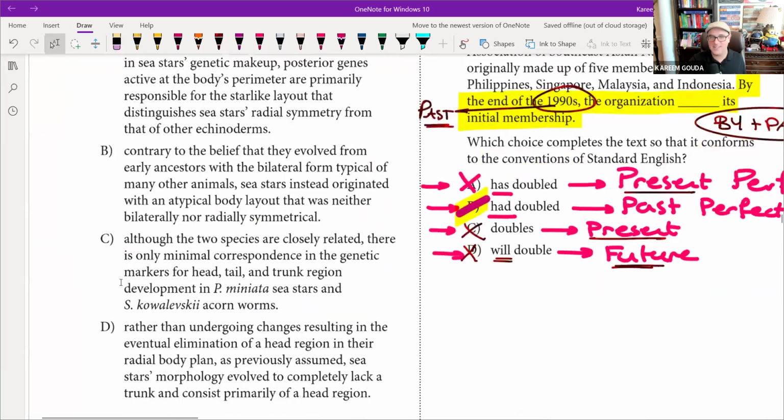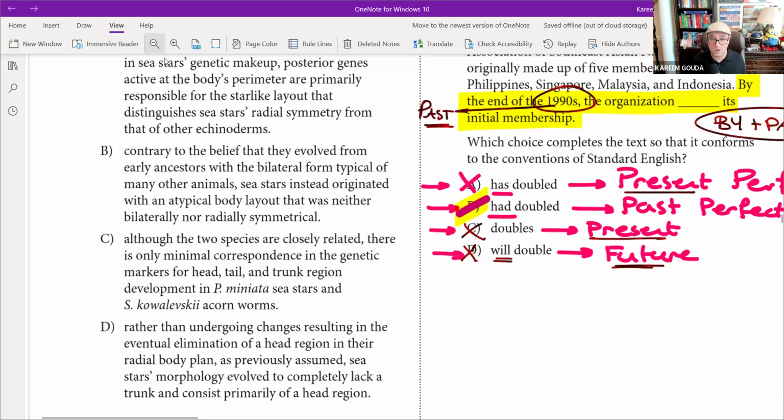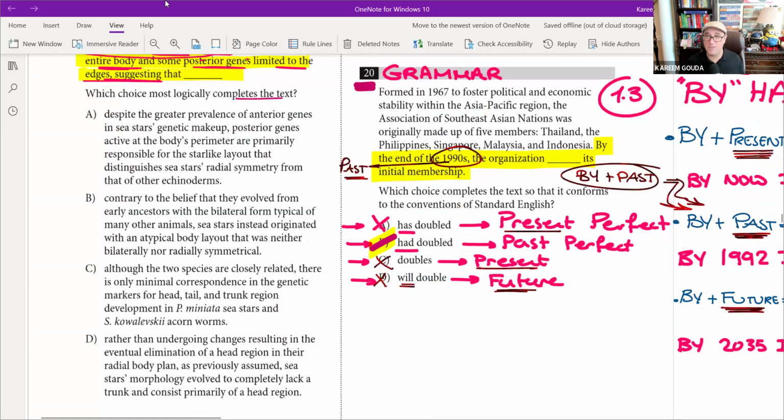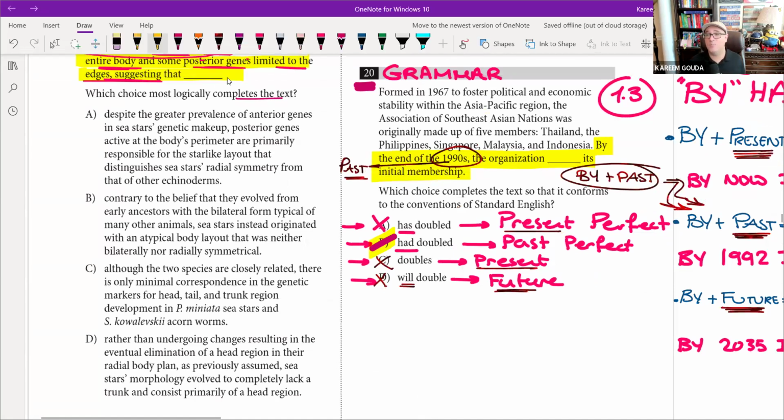Again, on the test, guys, last one or two questions in reading in Module 2. If you're good, so your Module 2 is hard, these are usually super hard, and guessing is the best game there. So let's try to guess together. Assume that I didn't explain anything. A: despite the greater prevalence of anterior genes in sea stars' genetic makeup, so this is right, greater prevalence of anterior genes, we saw this,